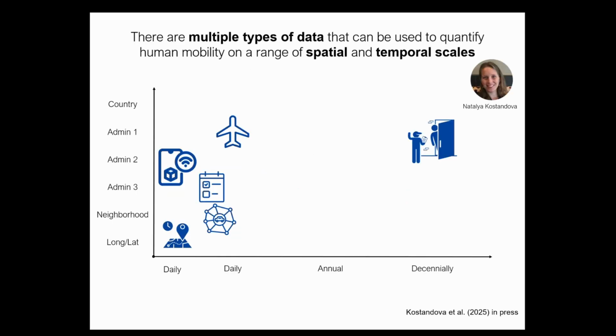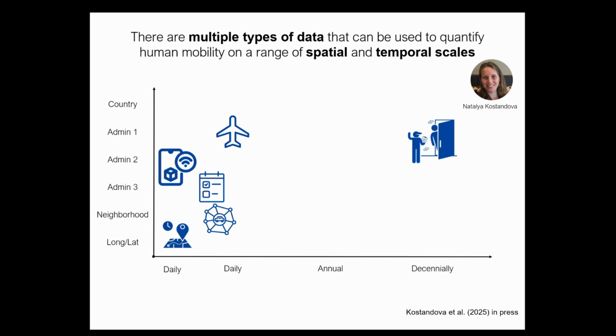Another project was other work that was done by Natalia as part of her PhD. As the COVID example showed, there are a lot more data sets that are available, but there are fewer methods that are thinking about how you can leverage the fact that you might have multiple types of data for the same location. So for example, I might have information from mobile phones in a population. I might have information about flight patterns, but those are going to capture very different kinds of movements in the population. The people who are taking trains between locations versus the people who are flying between those versus the people who might be taking cars are not necessarily all capturing the same types of travel, the same people traveling, even though they might have the same origin and destination.